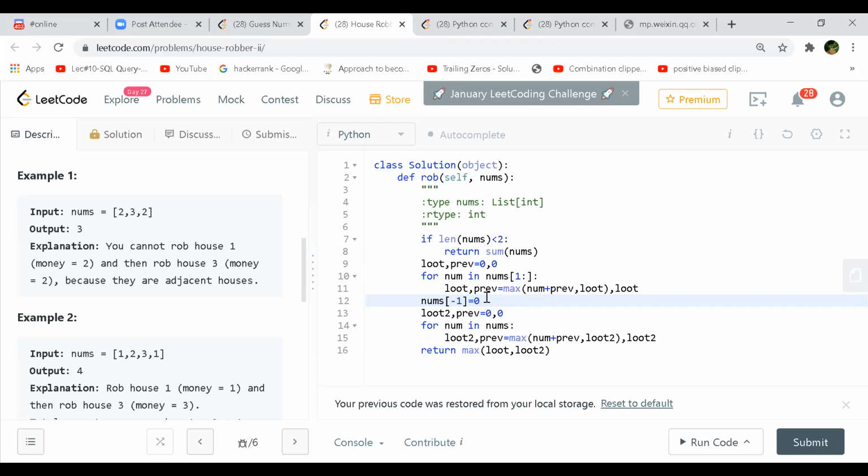That's clear now. And line number 12, just to separate that, the end I'm adding 0. Yes, so this line makes the search space from 0 to n minus 2, and the first loop did from 1 to n minus 1. Yeah. And at last the max of both the search spaces was taken. So if we actually do house robber one, this will be the way to do, correct? Yes, only one of the for loops will be taken for that. Right, right.